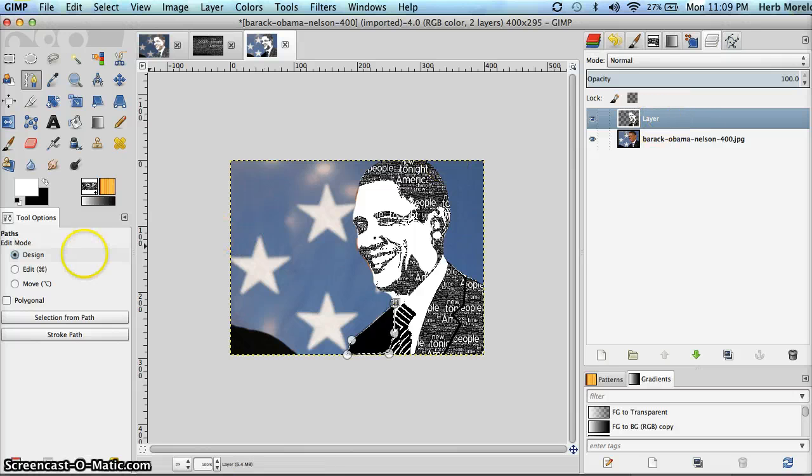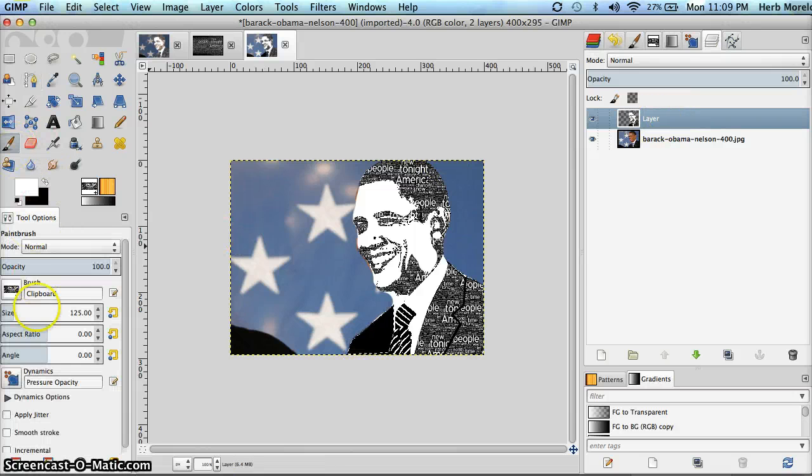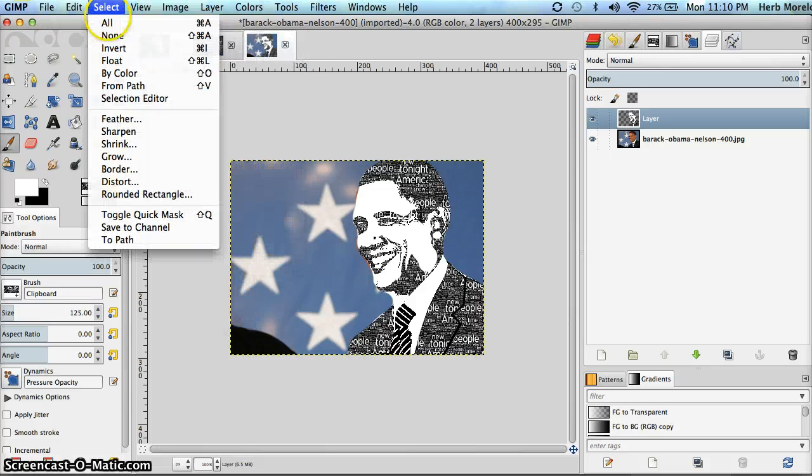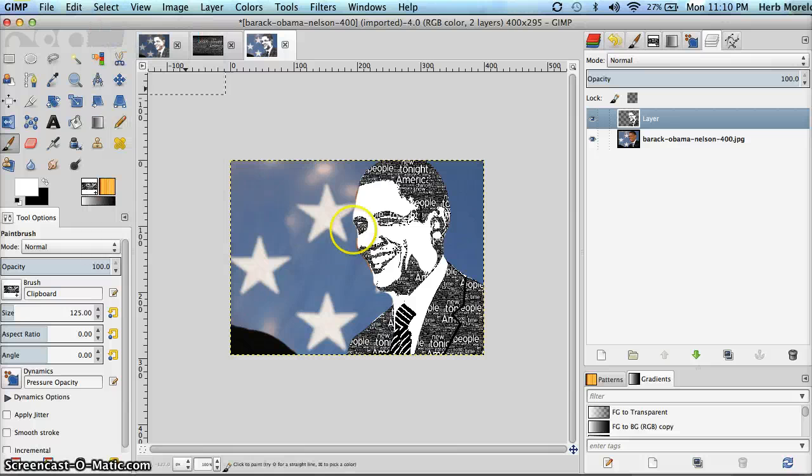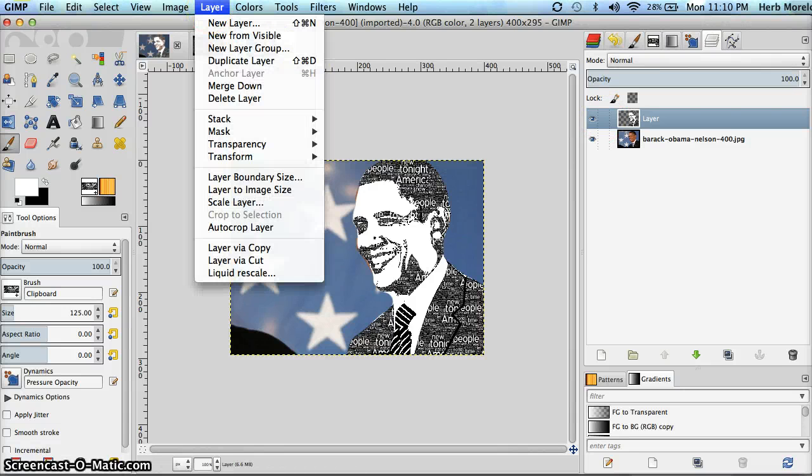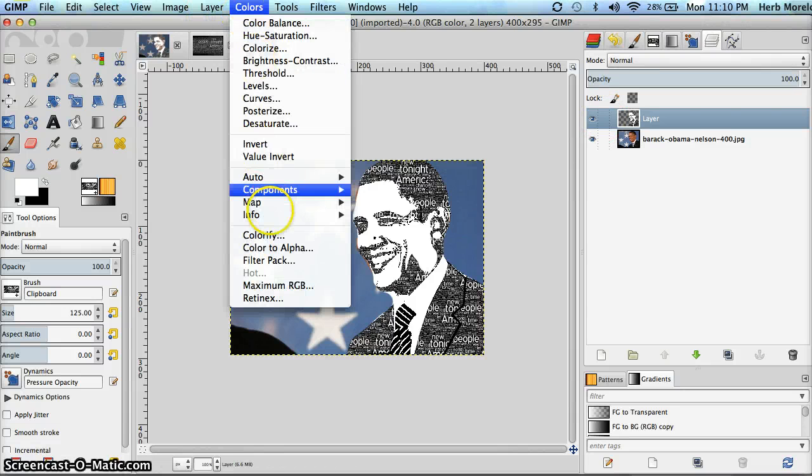Go back to the layer where we want to paint. And paint in that selection. Select none. And I have a black and white typography of President Obama. If I want to give it some color, I can take this layer where the president is in black and white with the type, and I can go colors, color to alpha,